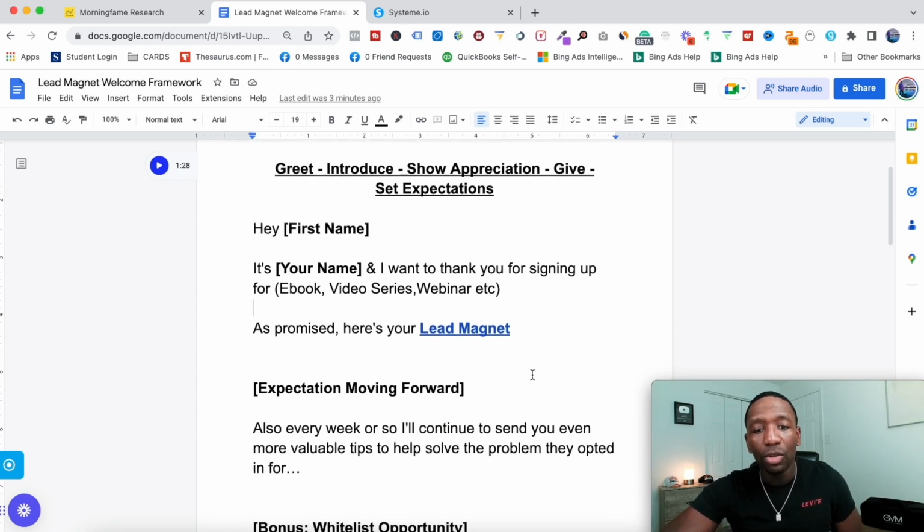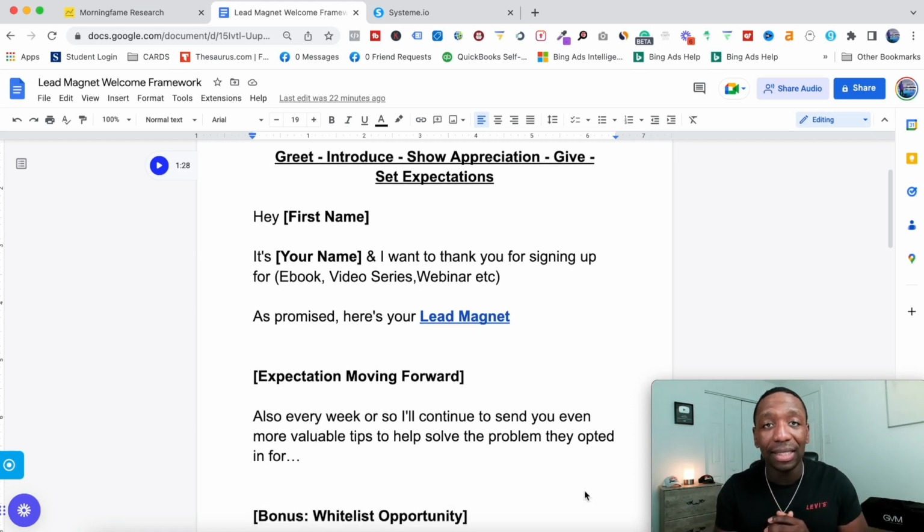And then what we want to do is set an expectation moving forward. So once we gave them what they came for, now we need to say, okay, well, every week or so, or whenever you're going to be sending them emails about the thing that they opted in for. So you never want to send people things that they didn't sign up for, because let's say for instance, I opt into your email list and you say that you're going to teach me how to get a 6-pack. Then after you send me that welcome email, that's in alignment,